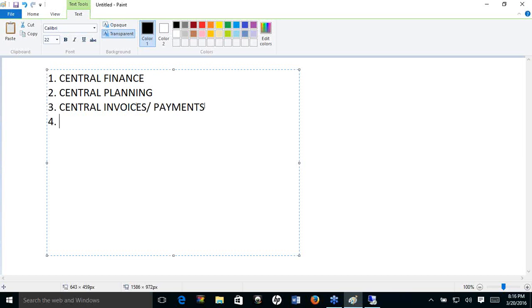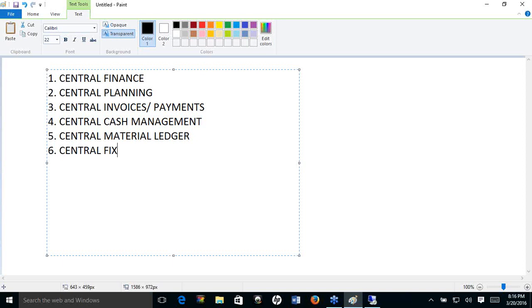I mean, these are the ideas which are in the pipeline for SAP. Okay, then we will have something like central cash management. We will have central... So I don't know if these ideas have been implemented also. I'm not very sure, but this is the roadmap for them. Roadmap is right now, as of today,